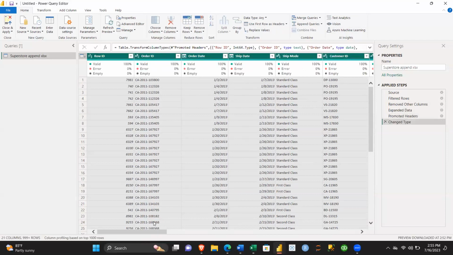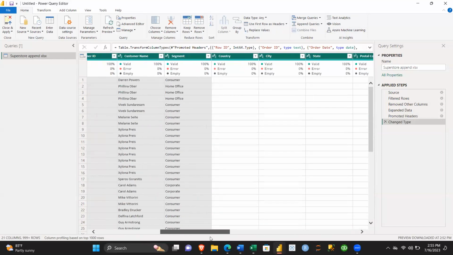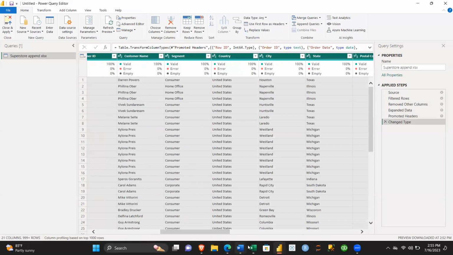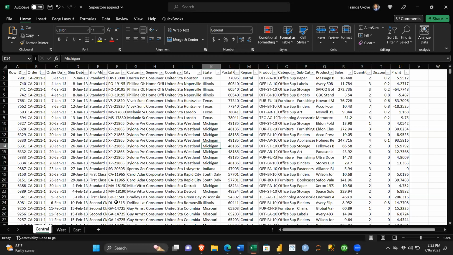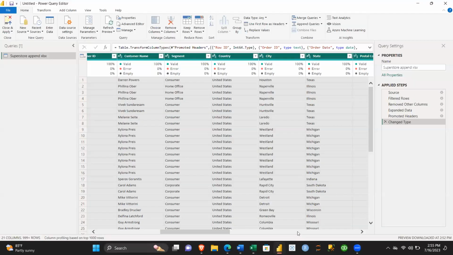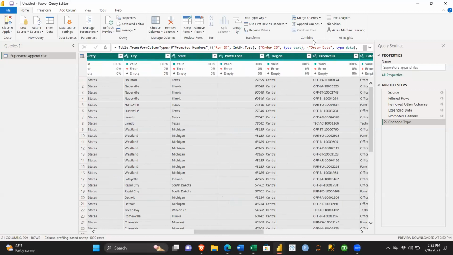Yes. Now, remember our Excel sheet, right? In our Excel sheet, you remember that Central was in a separate sheet. West was on a separate sheet. East was on a separate sheet. Remember that? So if we now bring it here, if I come to region now,